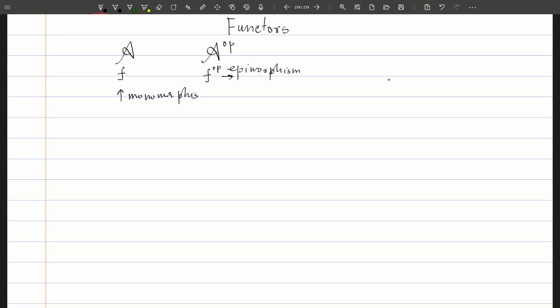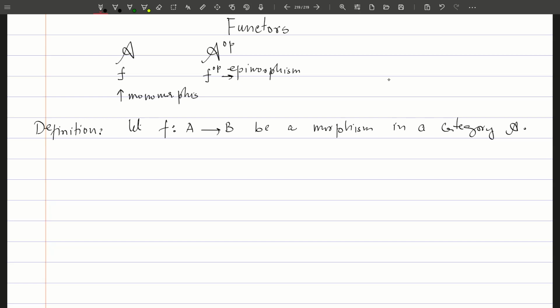So let us define it once more. So we have the definition of an epimorphism. Let us consider a morphism, say f from object A to object B, a morphism in a category A. Then f is called an epimorphism